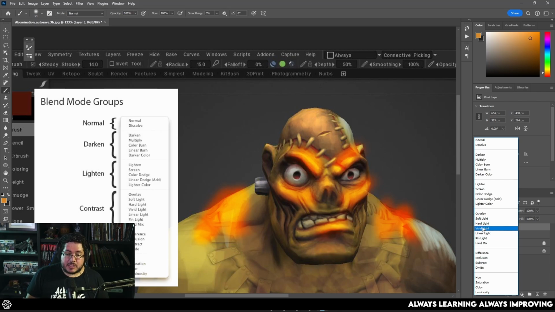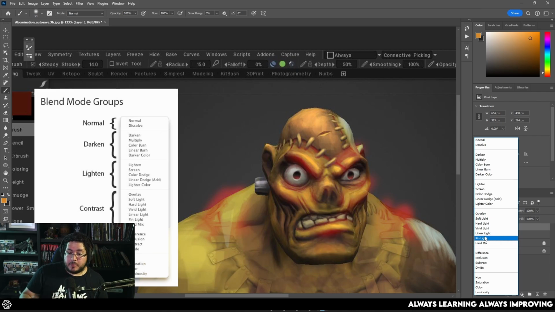So vivid light blends a little bit more, especially the dark colors. You can see how vivid light pretty much brings or keeps the darker colors. Linear light does not. Linear light overwrites those colors, especially here under the eyes, and you can see how the color remains a lot more uniform along the surface.